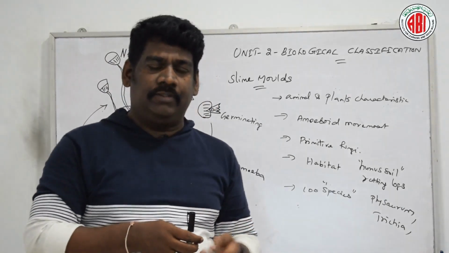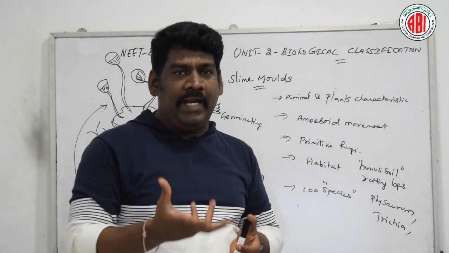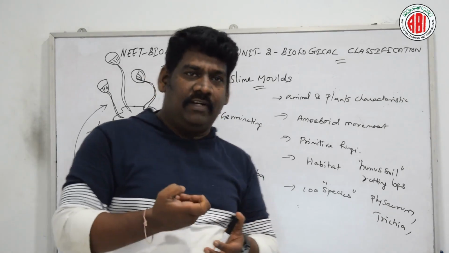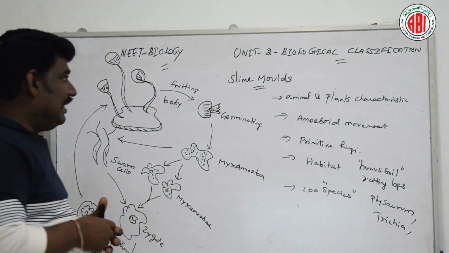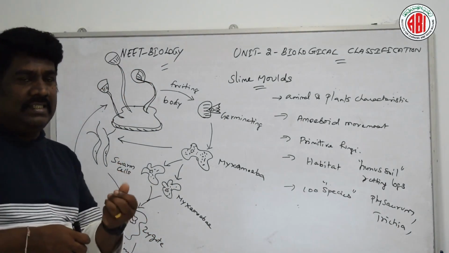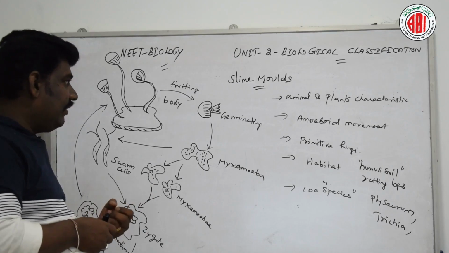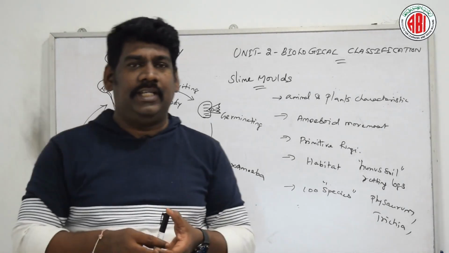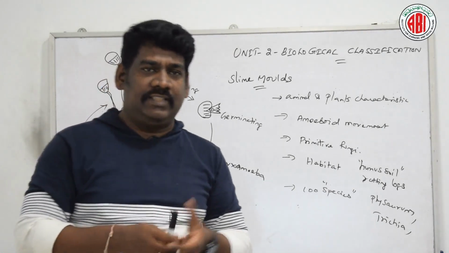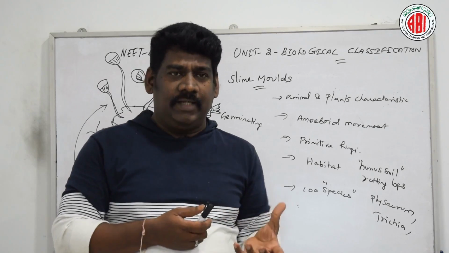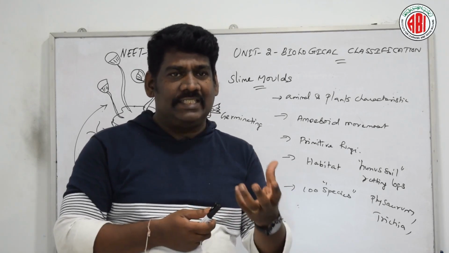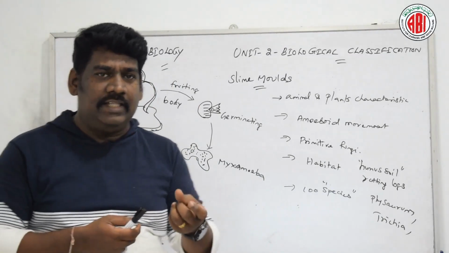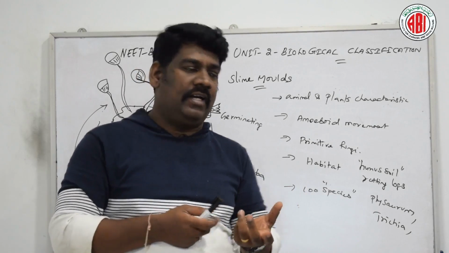And this plasmodium possesses diploid nuclei and lacks a cell wall, and it is also able to secrete some slime or mucilage around it. That is the reason the organism is called slime mold. So here the organism lacks a cell wall, which is absent. Chlorophyll is also lacking and cannot be seen, and that is the reason they are generally saprophytic organisms.